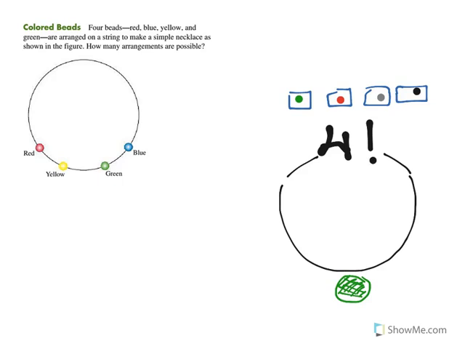So the answer to this question, let's read it first. It says 4 beads, red, blue, yellow, and green, are arranged in a string to make a simple necklace as shown in the figure. How many arrangements are possible? And he didn't specify anything about any 2 colors that shouldn't be adjacent, so there's no restrictions here. So the answer should have been 4 factorial. But for circular arrangements, the formula is P n equals n minus 1 factorial, and this refers to the first